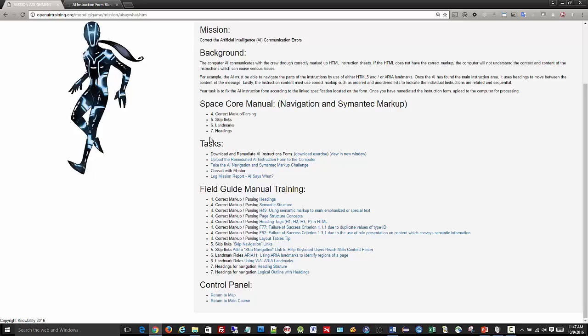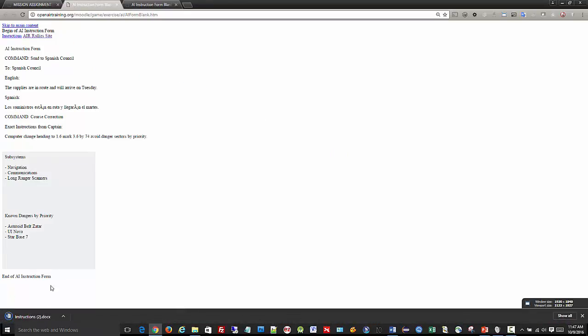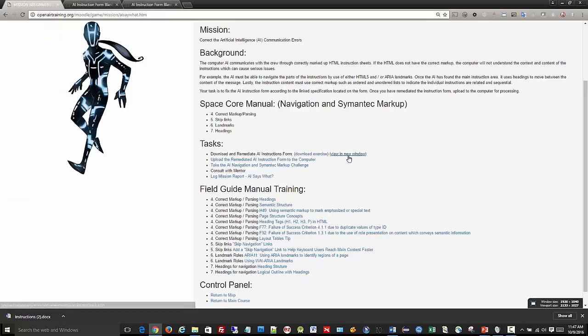Then the next thing is tasks. Now, each exercise is different. I picked one that had one of everything we want you to do. This one has an exercise, so you'll download the exercise and it will ask you to do something. There's an instructions form, and the instructions will tell you what we would like you to do. It may be adding headings, adding landmarks, changing colors. The point is, once you get this remediated, we want you